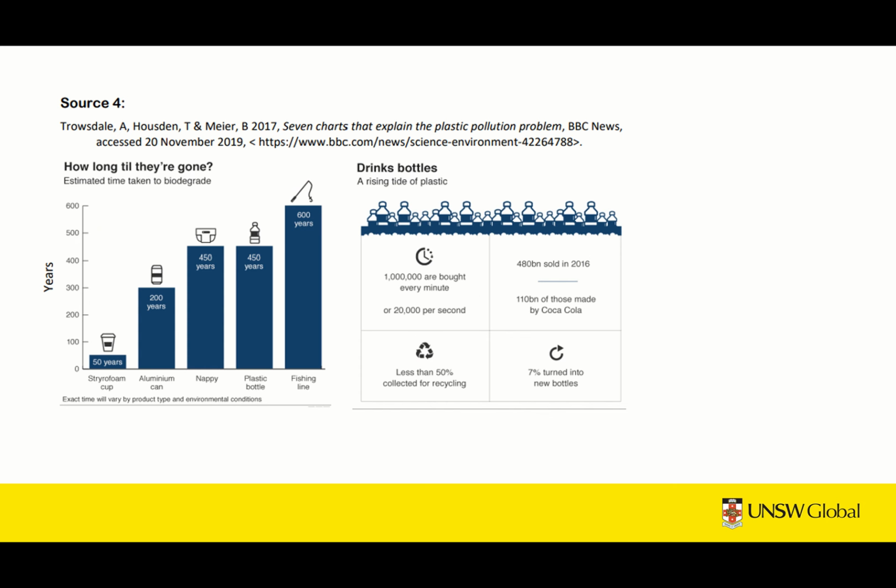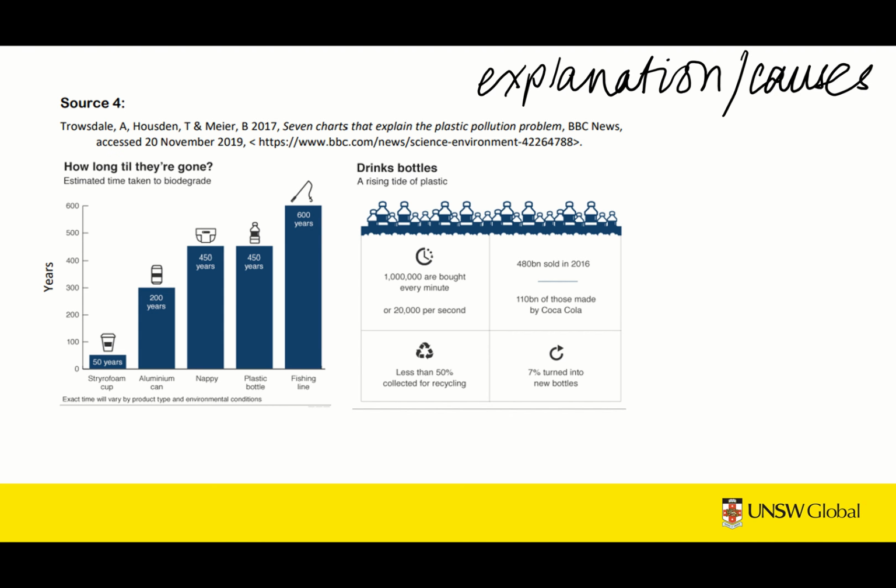Source 4 is interesting. I think we can do a little bit of information synthesizing just with this one bit of information, because we've got 2 graphs telling us quite different things. The first one, how long till they're gone, talks about the estimated time to biodegrade. Even though fishing line is the greatest amount of time, that doesn't seem to me to be a particularly large problem. But plastic bottles, 450 years,